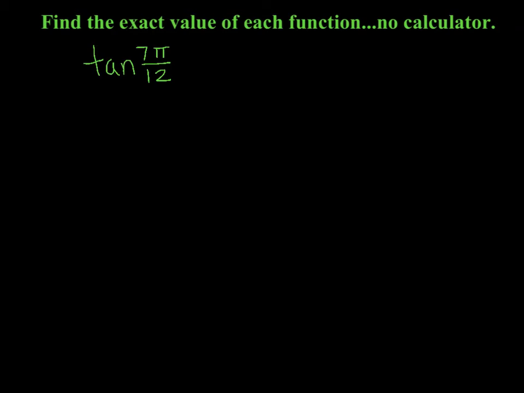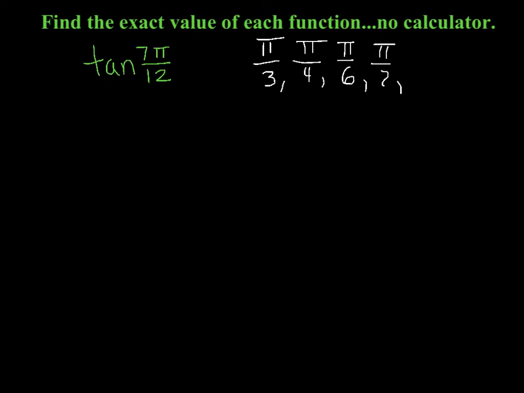So also something that you guys may be struggling with is finding exact values of weird angles without a calculator. This one's a radian one, and I didn't do very many of these in class. So what I'm going to do is write out all the radian angles I know, because I don't know 7 pi over 12. The ones I do know are pi over 3, pi over 4, pi over 6, pi over